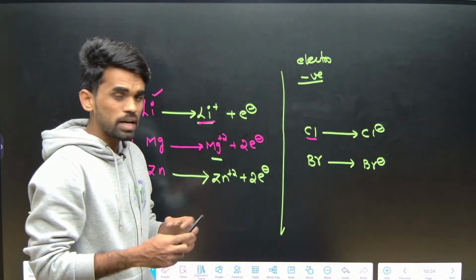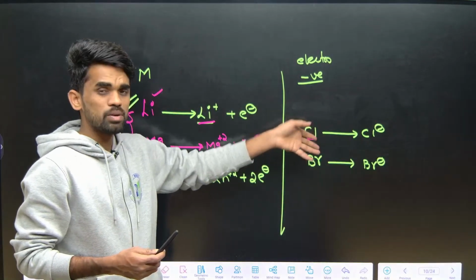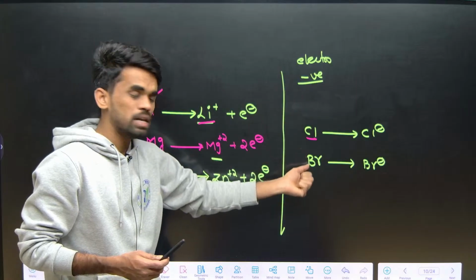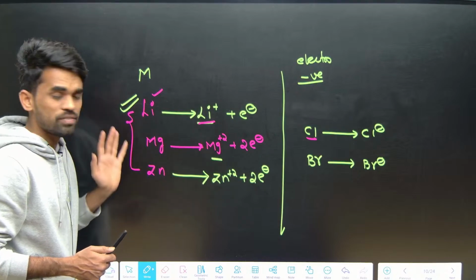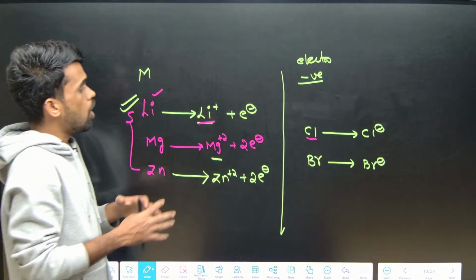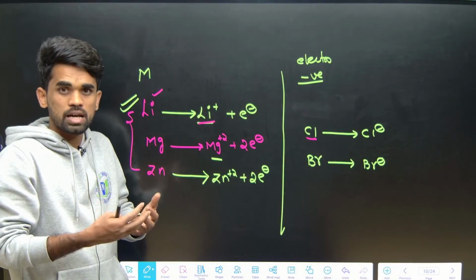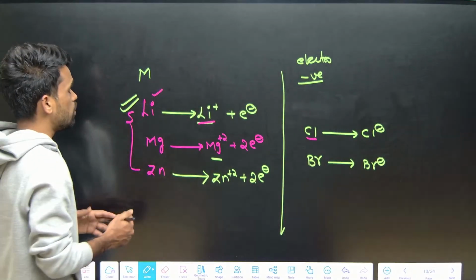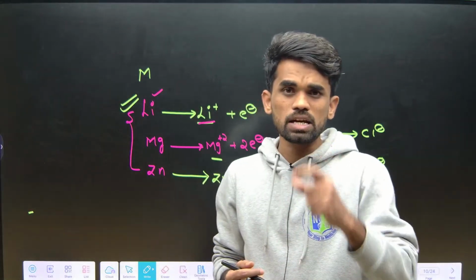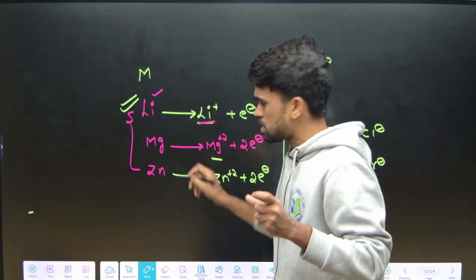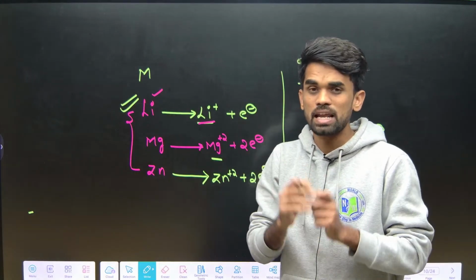Depending upon the ability to gain the electron, one will have more tendency to gain the electron and the other less. Similarly, one will have more tendency to lose the electron and the other less. How can we decide which one has more tendency to gain or lose the electron? Here we have a series called the electrochemical series. In this series, for all these metals, they give the standard electrode reduction potential